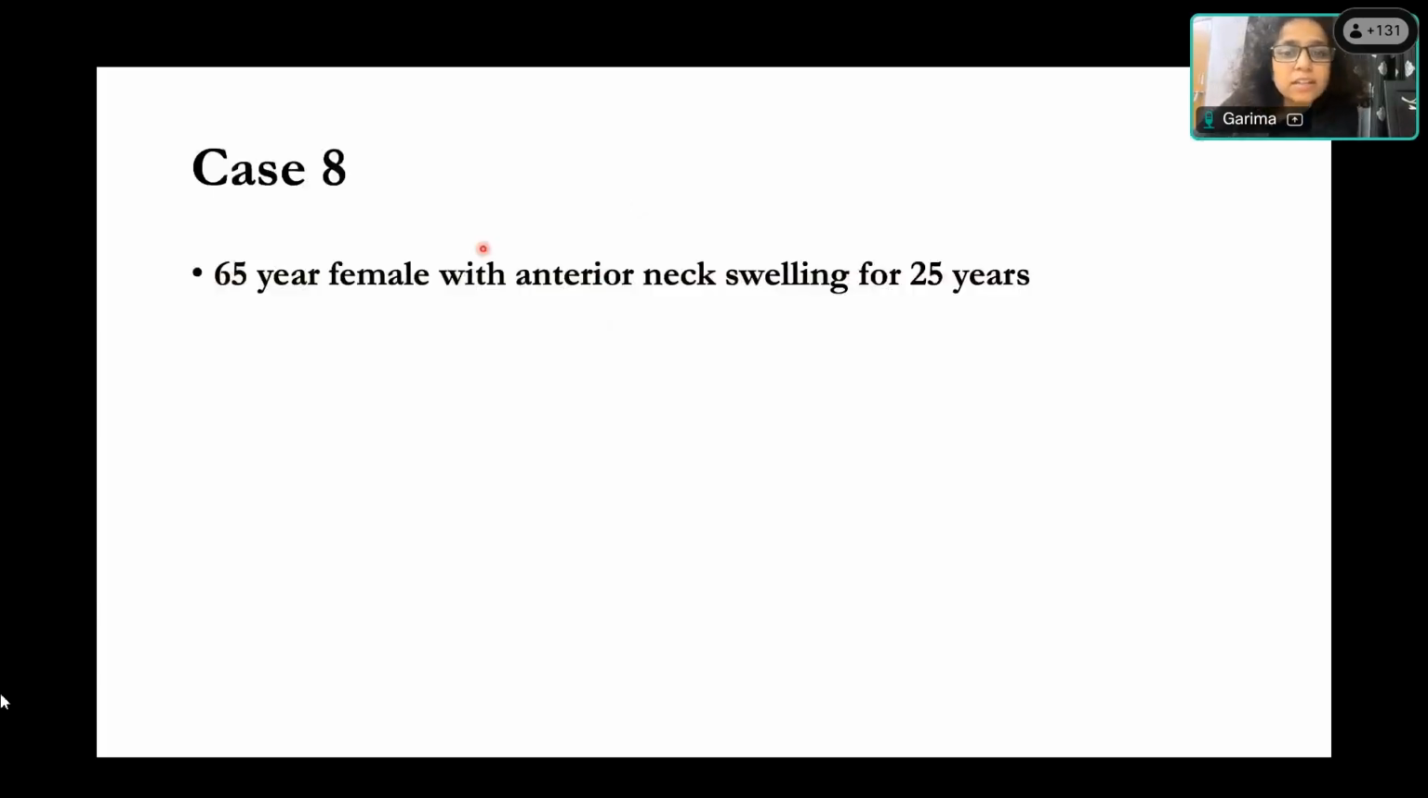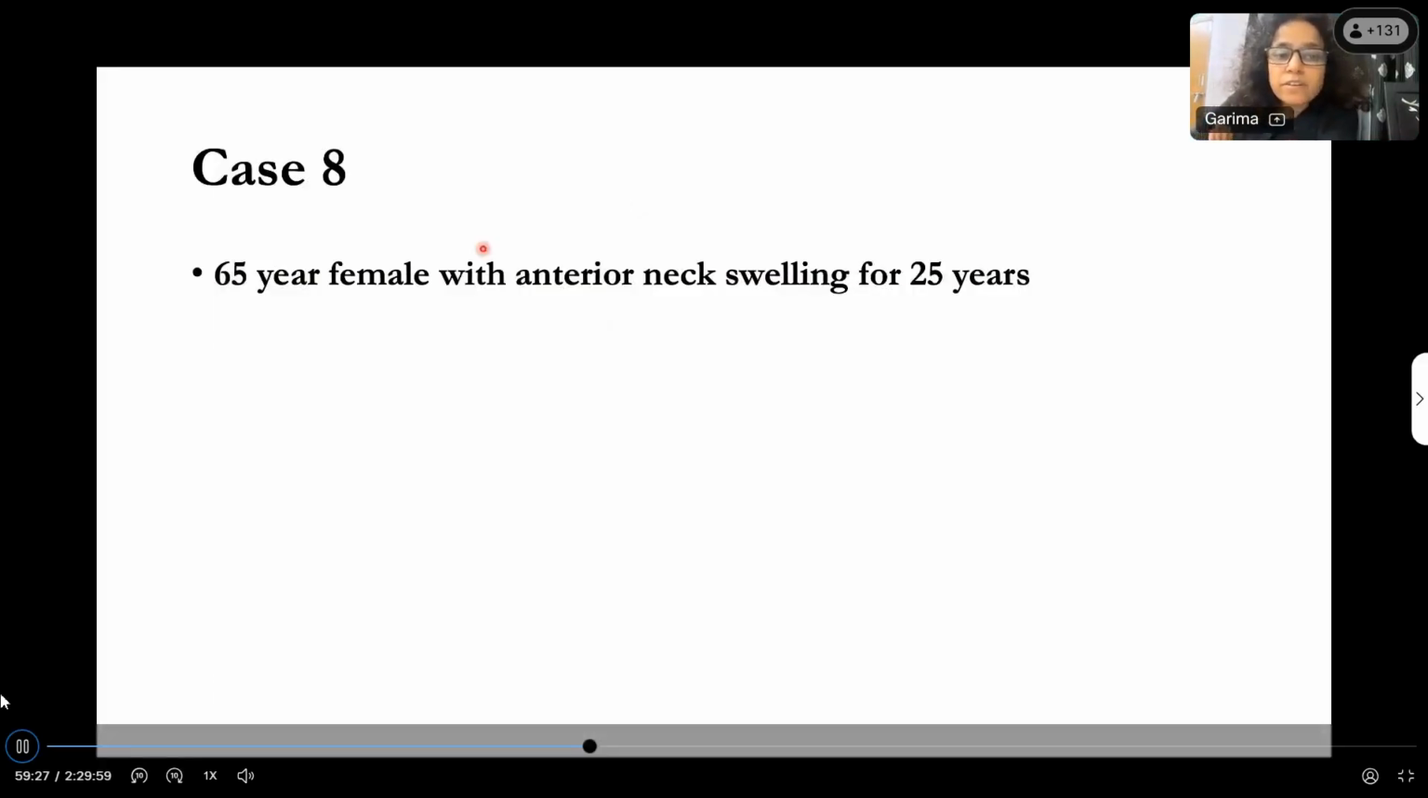Okay. So case 8, 65-year-old female with anterior